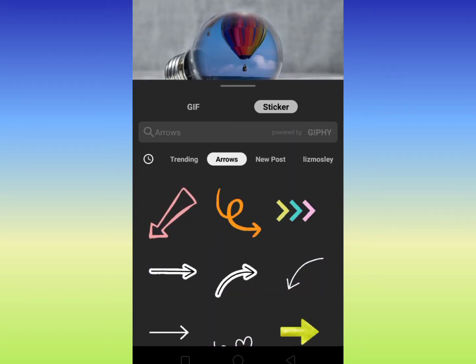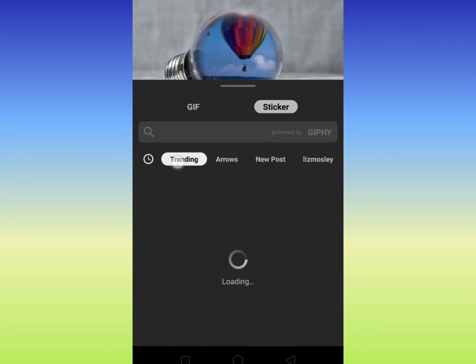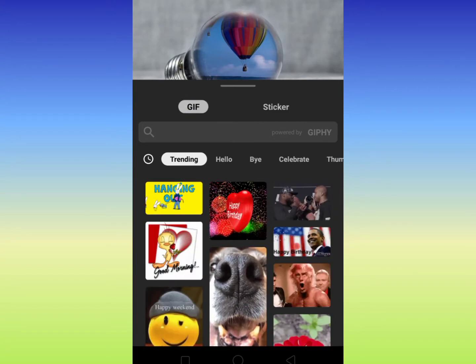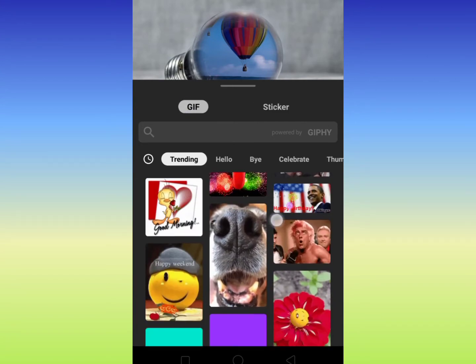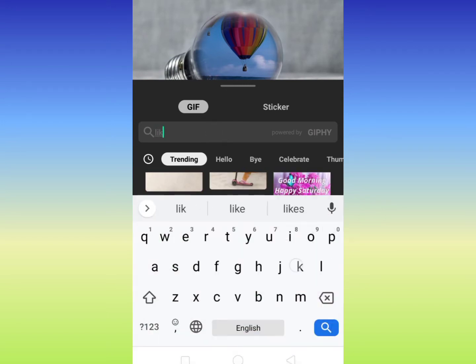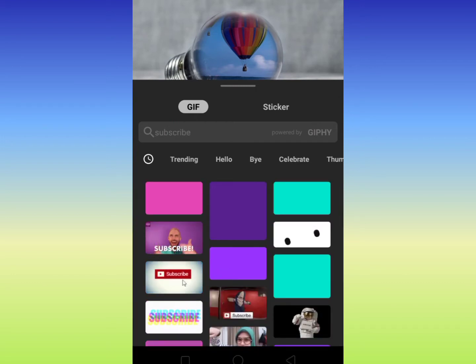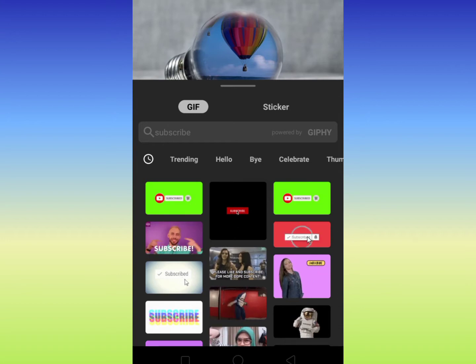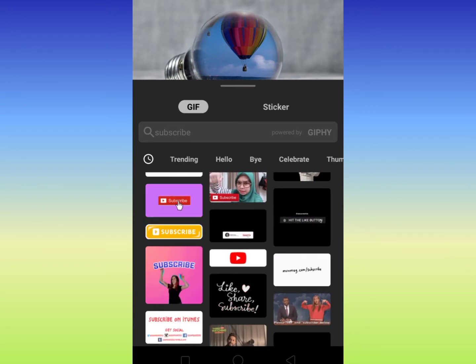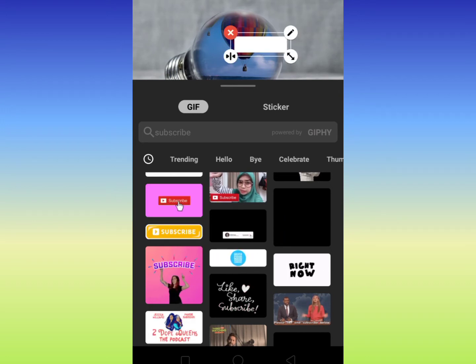And okay, now I am again going to one of the stickers, and this time, usually for YouTubers, we will put a like, share or subscribe sticker or a GIF at the end of our videos. So I really found one good sticker, and I'll show you. It looks so good with the animation in place. So in the search bar you can just put subscribe, and you will get various options of subscribe animations over here, and whichever one you select, it will come in your video above. So I have selected this particular one and it came above.